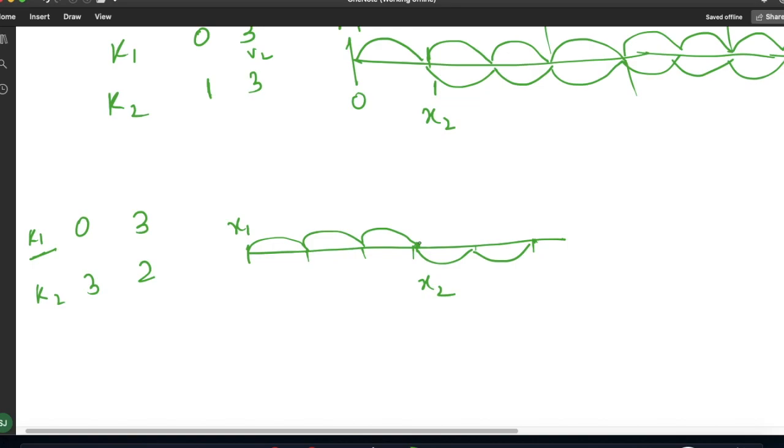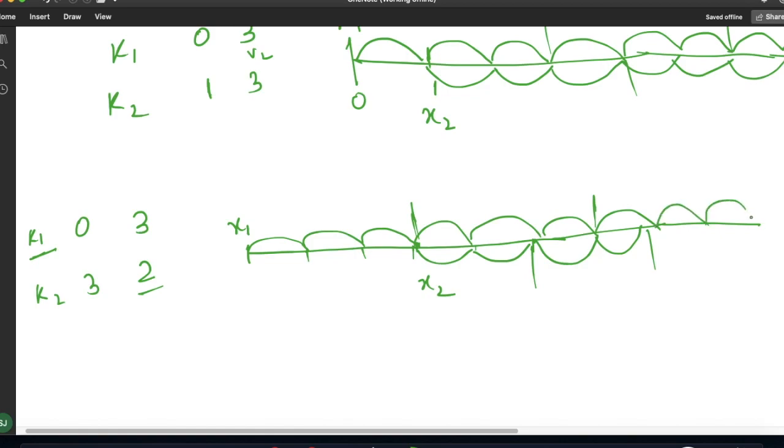Now again, this is the first iteration 1 2 3. In the second iteration we reach here, and k2 reaches 1 2 two times. Now this is my second. For the third iteration, 1 2 and 3, it reaches here, and k2 reaches 1 2, so they meet over here. So in the third iteration they meet, so it will return yes.